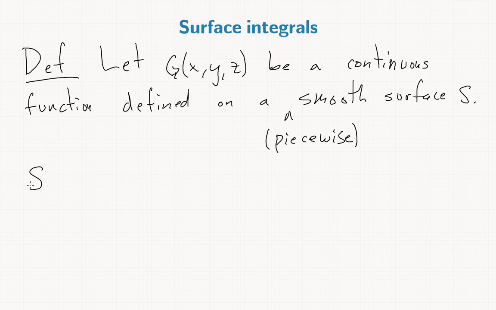So if S is not smooth, but S can be broken up into pieces which are smooth,